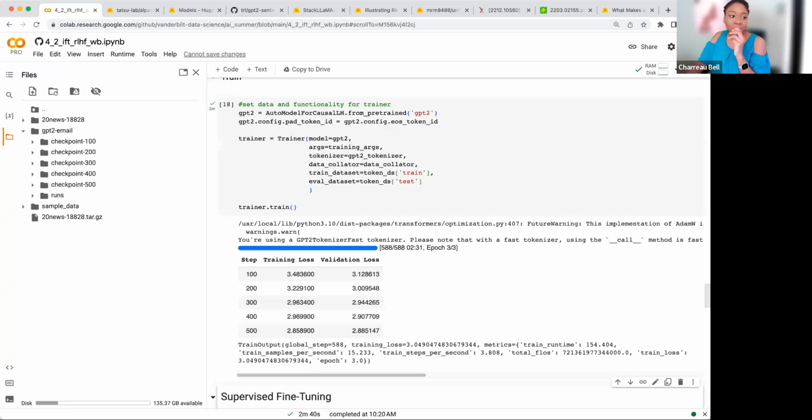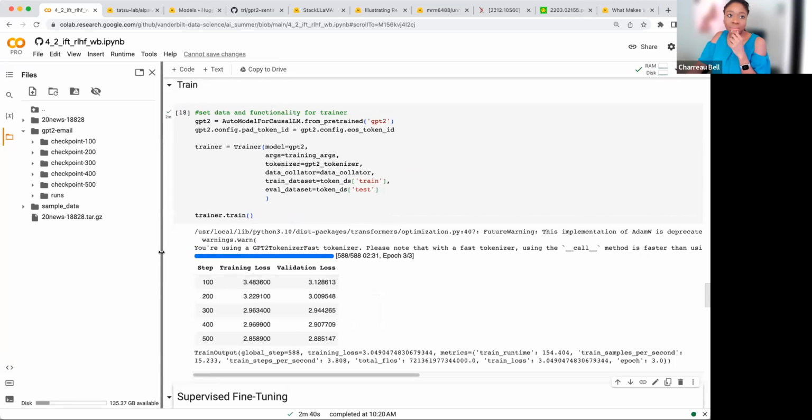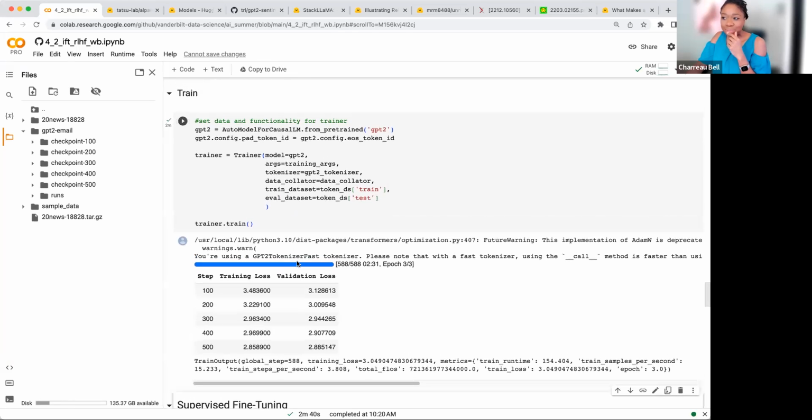Is the training that we just ran with the newsgroup data called unsupervised fine tuning? If not, what is the name of what we just did? So here we are with the abuse of the terms and the variance of the terms. It depends. I have seen people call this unsupervised fine tuning, and I think OpenAI would call this unsupervised fine tuning.